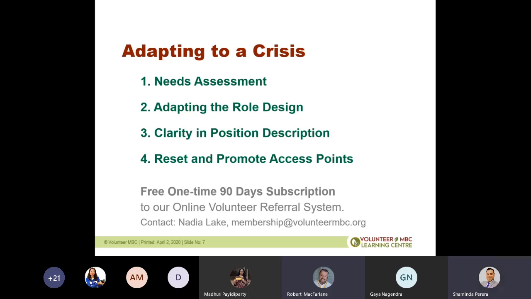Thank you, Shaminda. Yes, that's a very important aspect of, shall we say, getting your organization involved in the needs of COVID-19. And it's not just limited to that, but the first area that I think needs to be addressed is needs assessment. Fundamentally, you can divide it into two different considerations. Number one, have you got a volunteer position right now, or a role that can continue and yet be adapted or refocused so that it concentrates almost exclusively on virtual or telephone connections